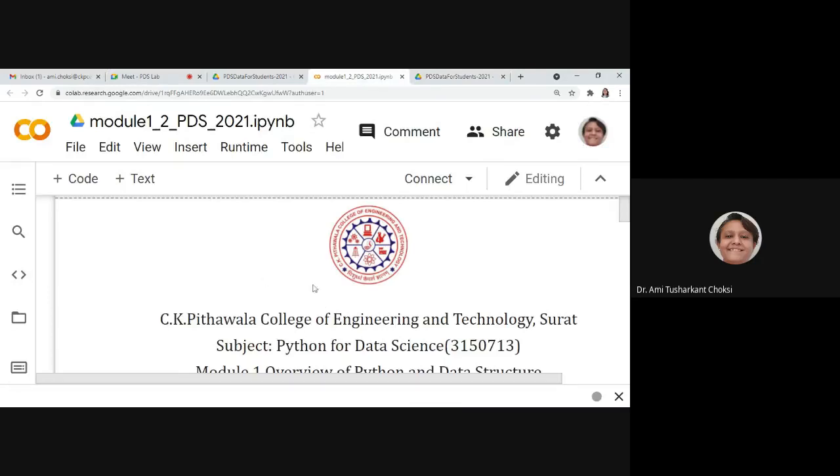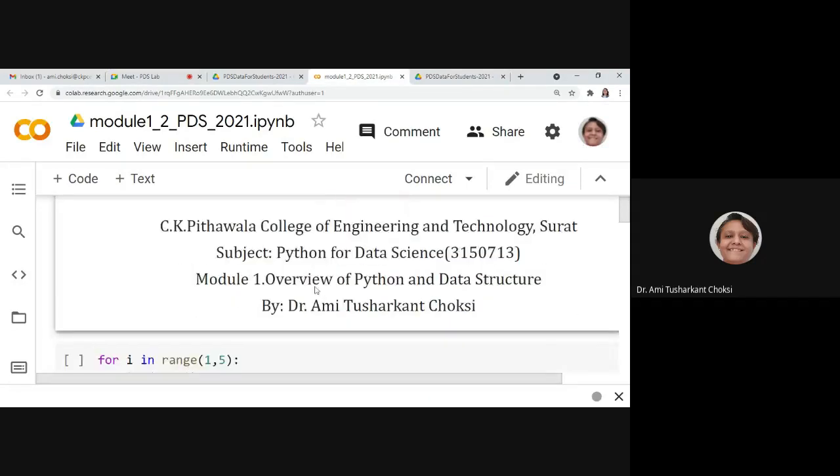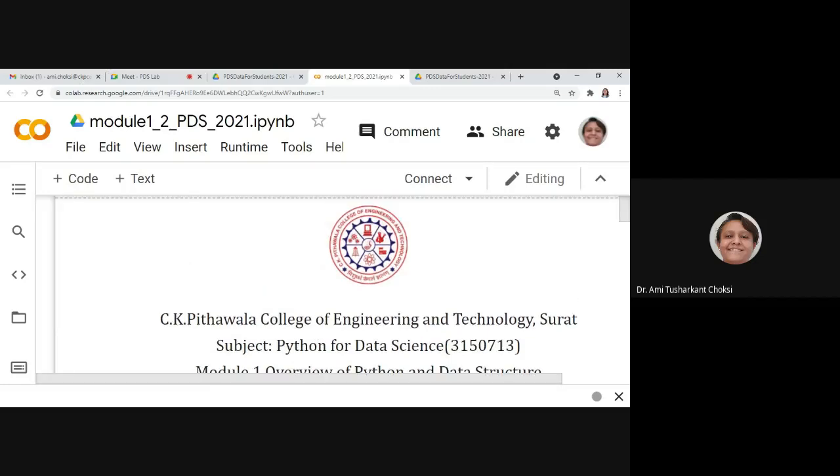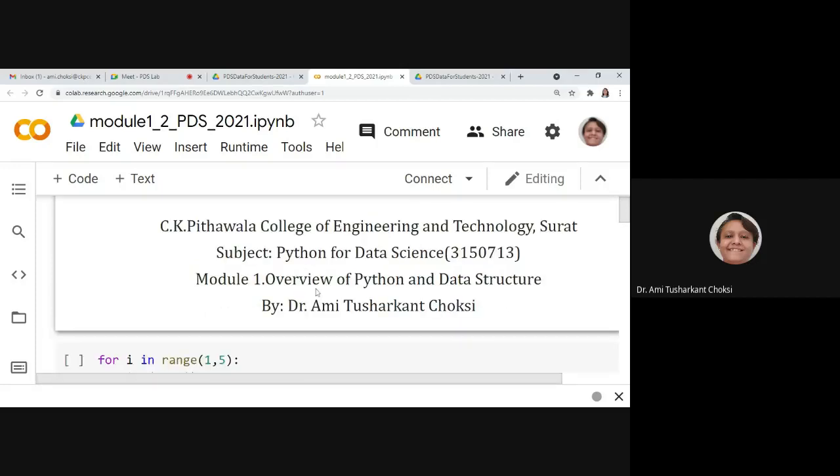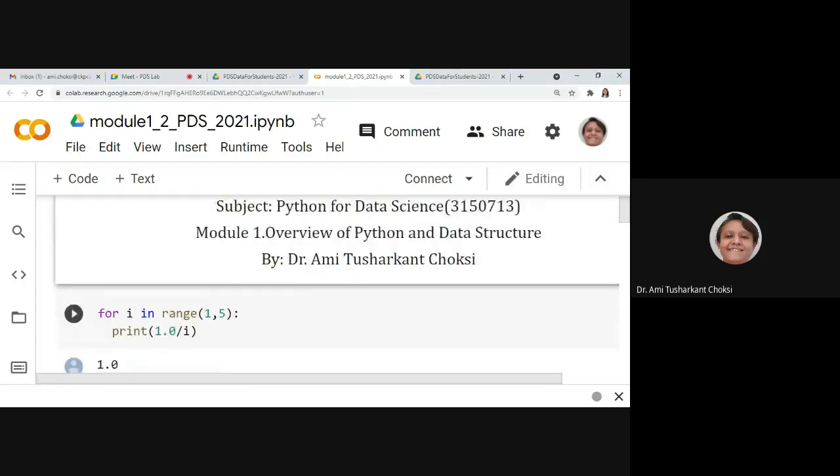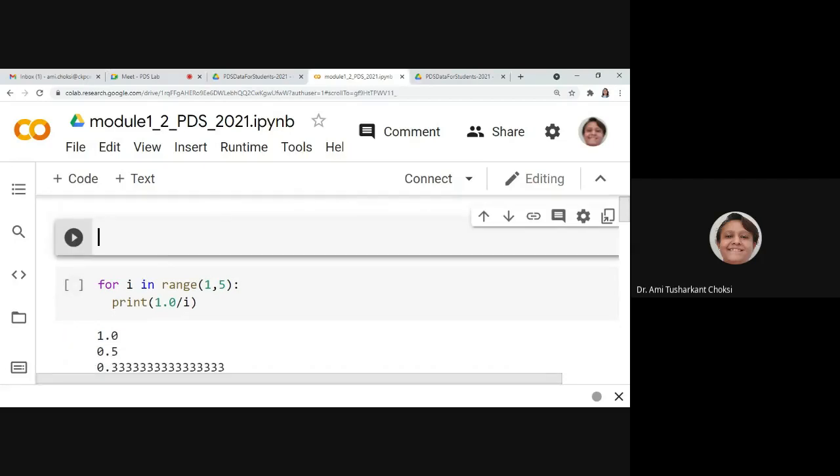Yeah. So this is the way we should use, right? Yeah. Let me have the same example as I told you, then I'll show you something more. That is, say for i in range 1 to 11, right? Colon is must. The way we were having in if else, here also we need to have the colon, right?